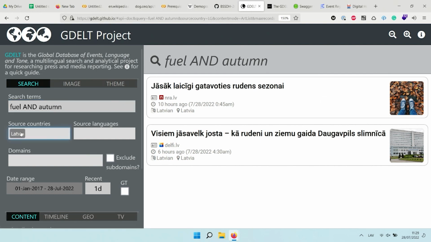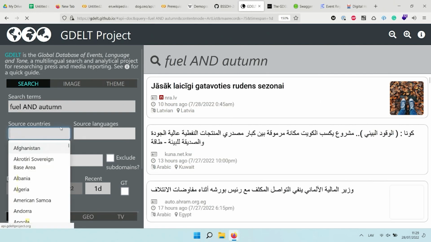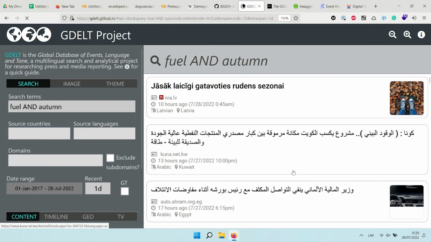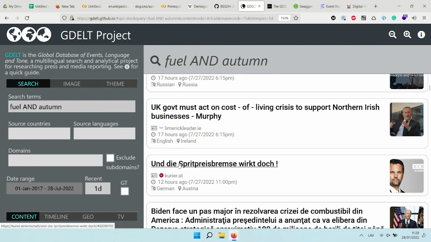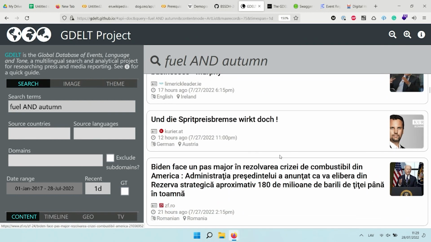And yeah, we can search for all countries, and you see that there are some news in Arabic, in Russian, in English, in German. So yeah, this database queries that for you automatically, and you can use this and/or search terms. So for example, if you want to search for articles which mention both fuel and autumn, you use this and. Let's return back to